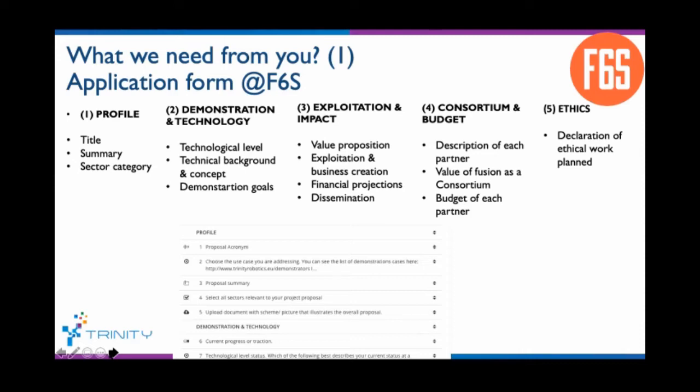This webinar should be very useful for you, because you already know what aspects are very important for TRINITY in terms of evaluation. Obviously the most important, or not the most important, but certainly at the core of your application, is the exploitation impact. Then, in case you are building a consortium, you have to prove the fusion of your partners: why it was needed that you invited other partners to join you, and what the comprehensive skills of the partners building the consortium are. So we will be looking at that.